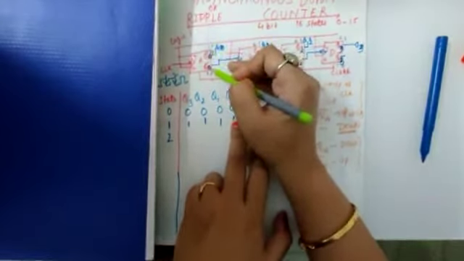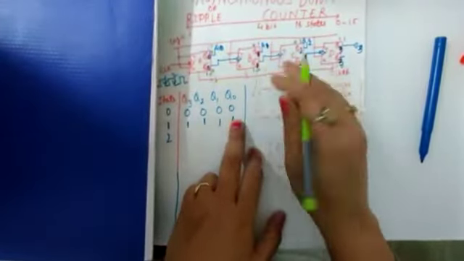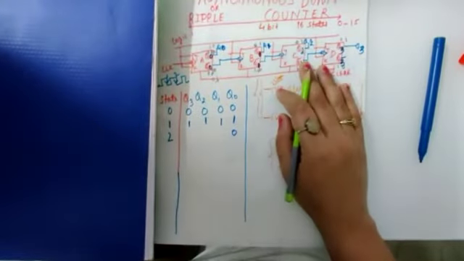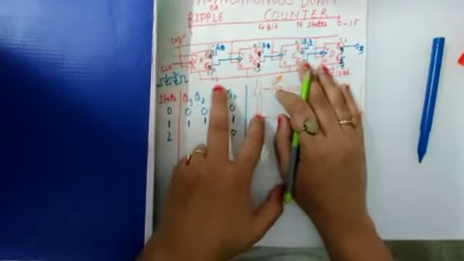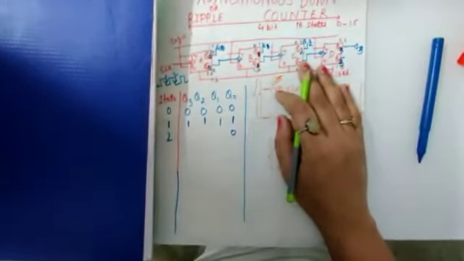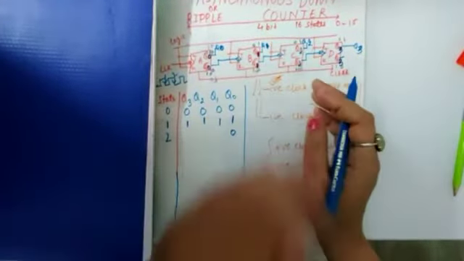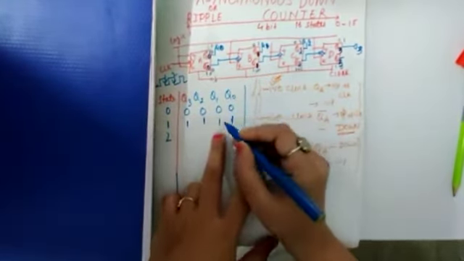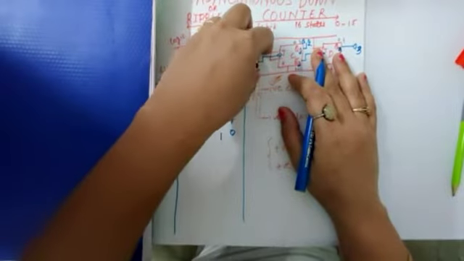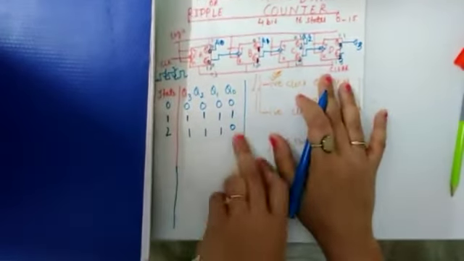So Q0 bar toggles from 0 to 1, just the complement of 1 to 0 is 0 to 1. Now 0 to 1, will it be the required transition for the second flip flop to trigger on? No, this is the positive transition, and we need the negative transition, meaning transition from 1 to 0, to get any flip flop to turn on. So this will not turn on the next flip flop, which means Q1 remains the same as it was in the earlier cycle. So earlier it was 1, it remains 1. If it is not on, how will it switch on the other two flip flops? So the other two flip flops remain the same value. So this is the counting for 14.